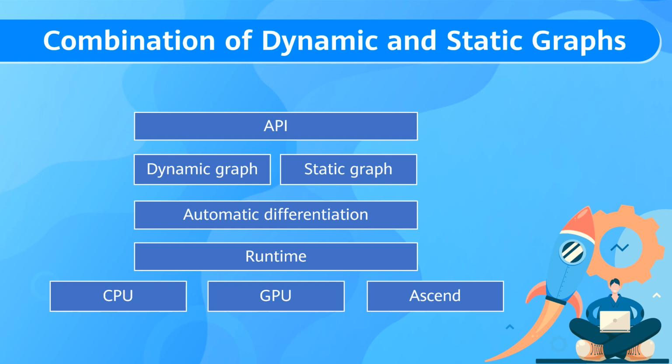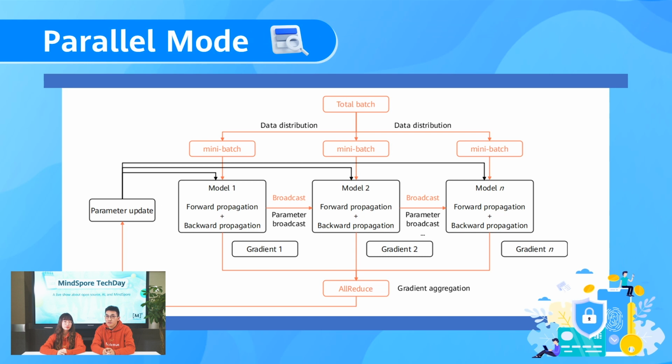That does sound flexible. How about distributed training? I've heard that's a crucial aspect of modern AI frameworks. Absolutely, Sophia. MindSpore has strong support for distributed training, making it suitable for large-scale projects. It uses a concept called parallel mode, which simplifies the process of scaling your model across multiple devices and GPUs.